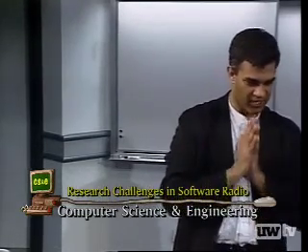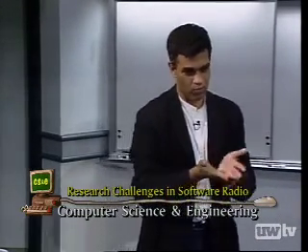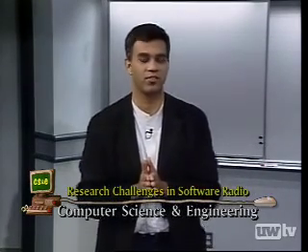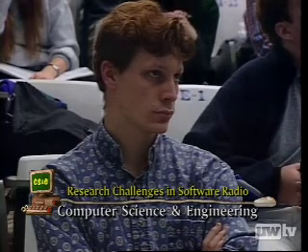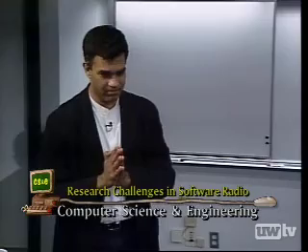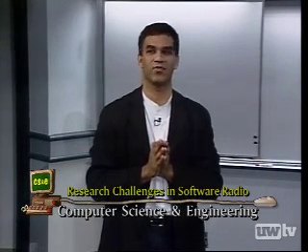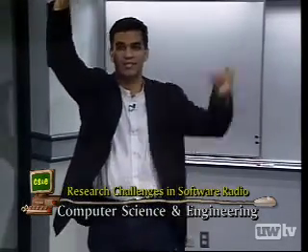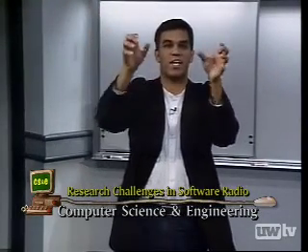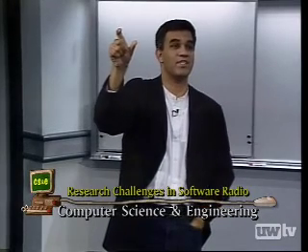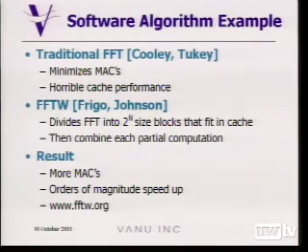Well, this work was done by Matteo Frigo, who's actually a researcher at our company now, but this work was done when he was at MIT on an algorithm called FFTW. And he made the observation, basically what I was saying before, that multiply adds aren't the thing you're really trying to minimize. So he said, well, let me divide this FFT into smaller sizes of 2 to the n until 2 to the n fits in my cache. Then let me stop and run the actual FFT algorithm. Everything's in cache, and it's trivial to combine the results back up.